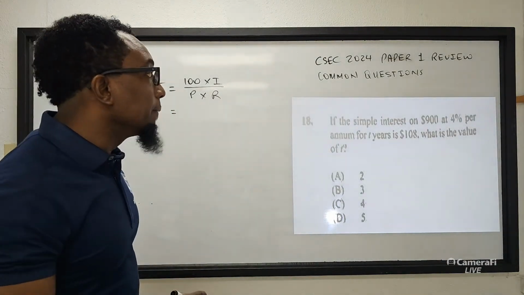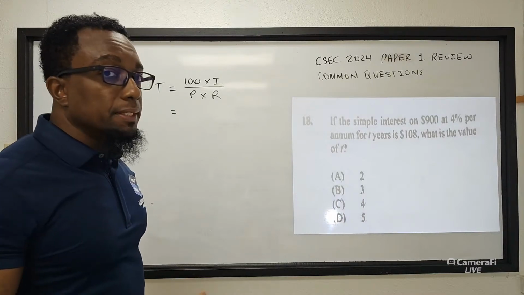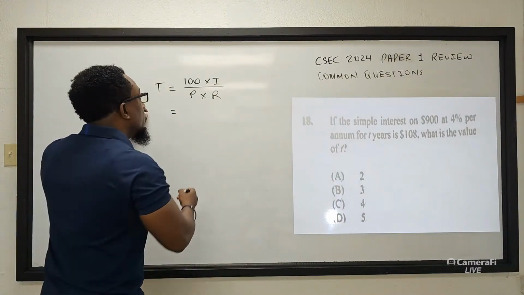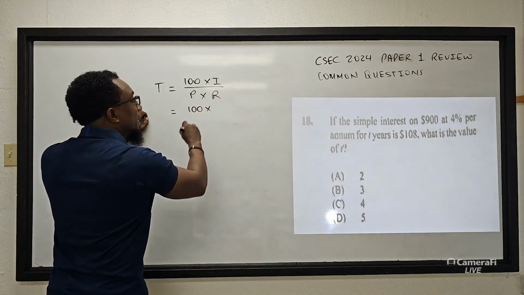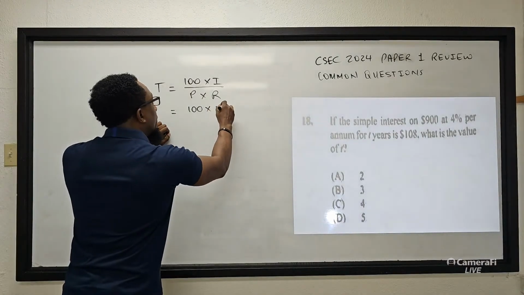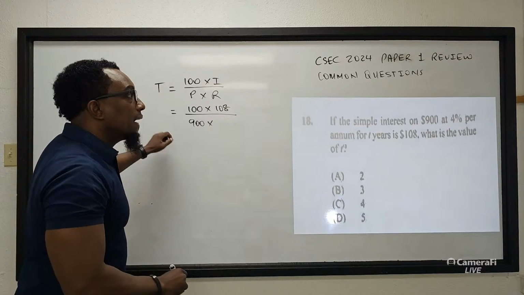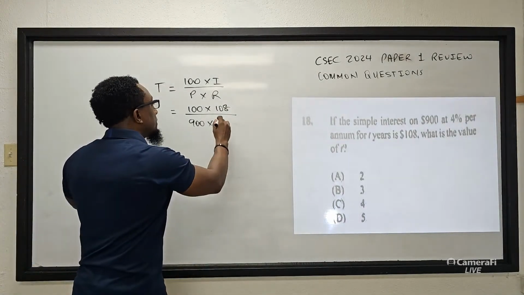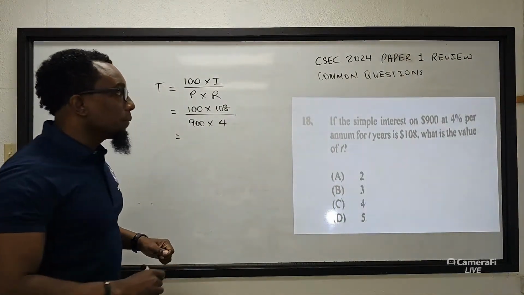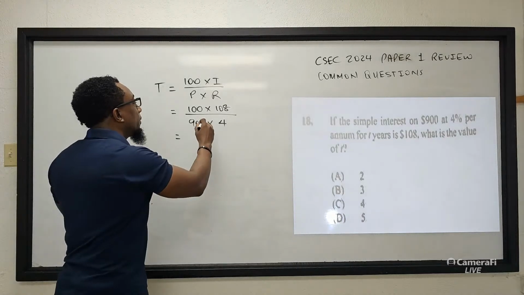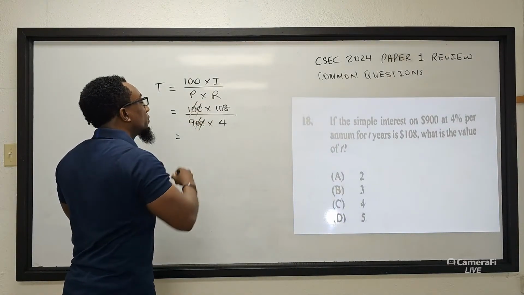That's the principal, and we know the rate is always represented as a percentage, that will be 4, so we know this will be 100 times your interest, which will be 108, over the principal, which is 900, by your rate, which is 4%. So we work that out, we're going to get the time to be equal to